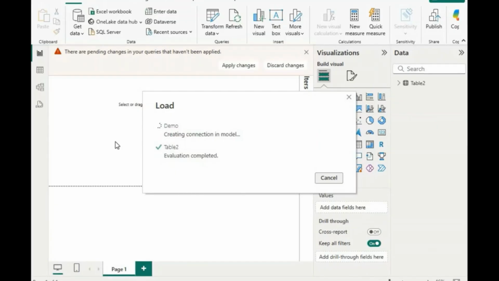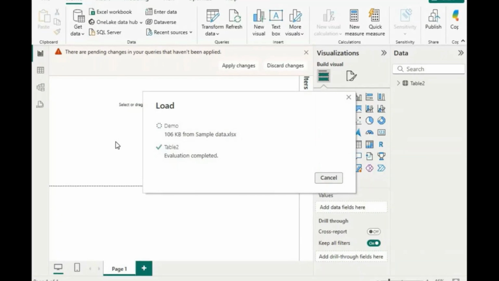I don't want to pause this video. I want you to see the processes in real time, the time it takes to load and every other thing. So just stay tuned while it loads. It's trying to load this demo data into our